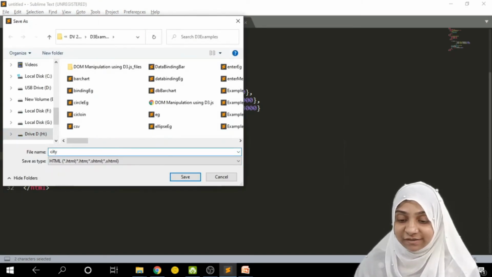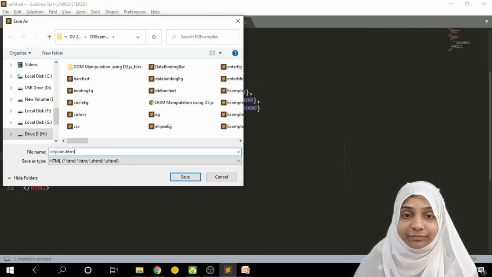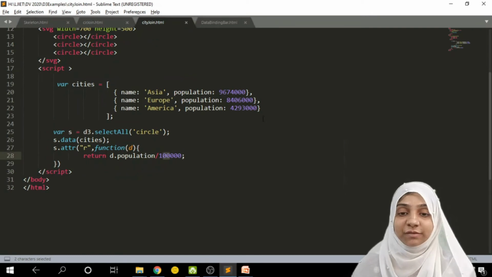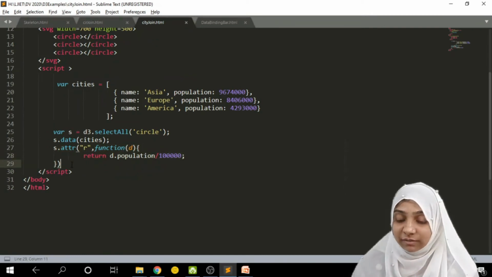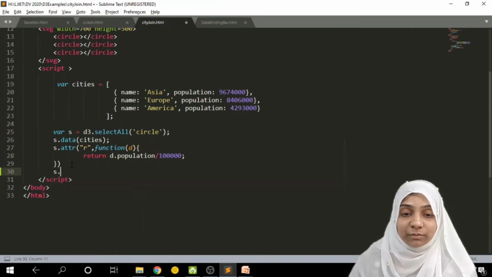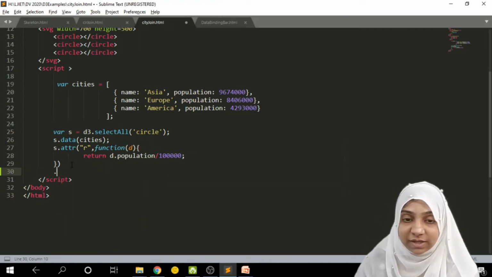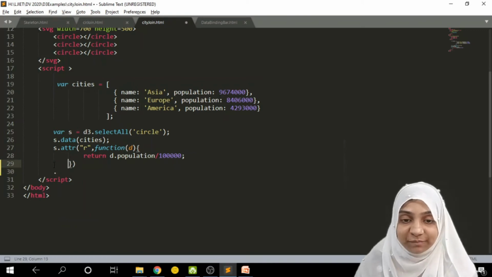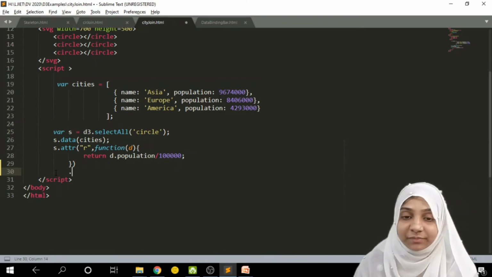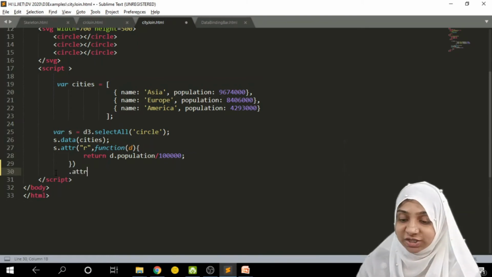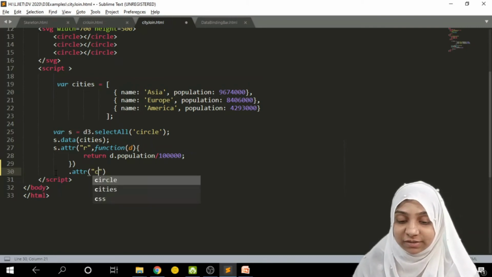I will call it city join HTML. So this is how my radius will get altered. Now, in order to set another attribute, I can simply keep on setting it with the help of a period. The next attribute that I wish to change is the center, that is the center of x.